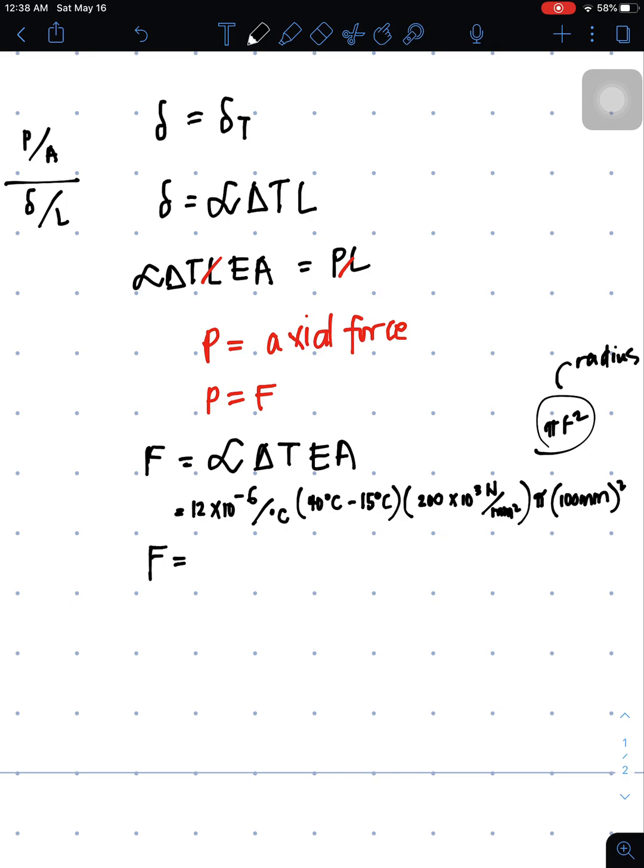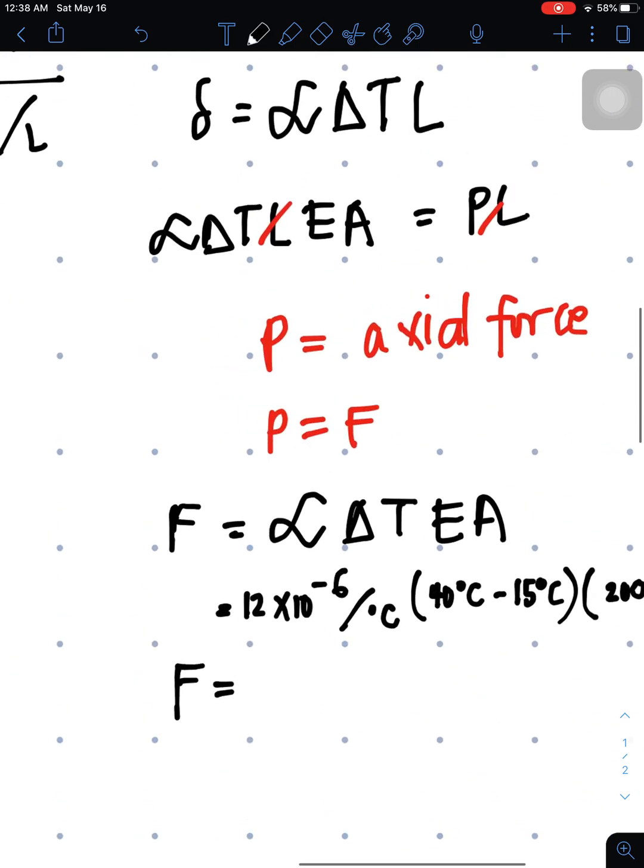Let me get my calculator. That's 12 times 10 to the negative 6 times 40 minus 15 is 25, times 200 times 10 to the 3, times pi times 100 squared. So our answer here is 1884955.592